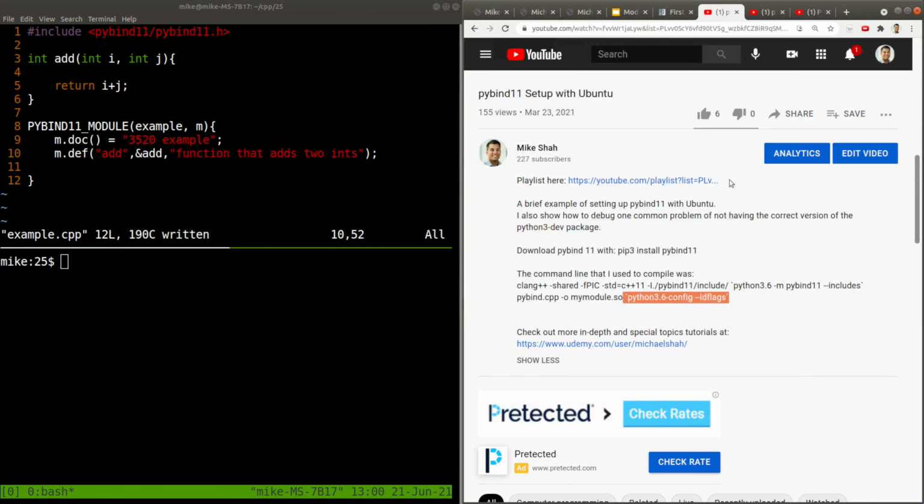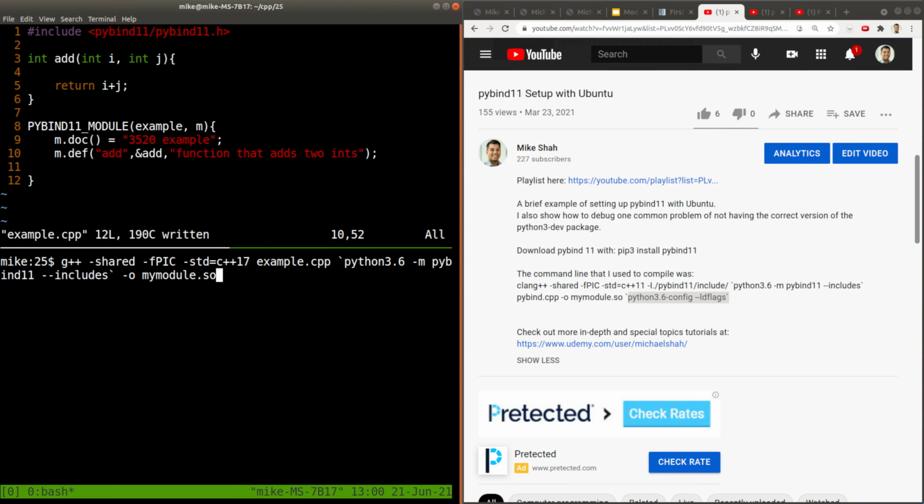So recall here that we want to also link in some other flags for our linking in of our PyBind 11 library. So let's go ahead and do that here. I'm going to use the same trick where I use python3.6, and there's a tool called config here. And ldflags will load in all of the Python 3.6 libraries for us, okay?